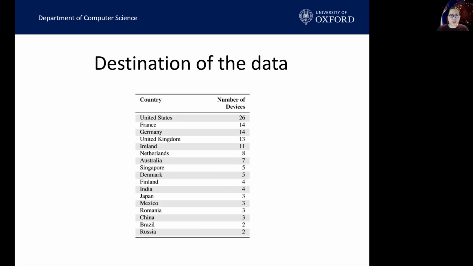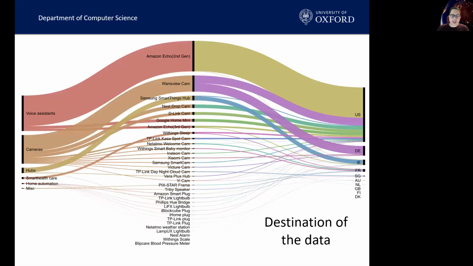Research question 4: to which countries do the IoT devices and apps communicate established connections, which can then give an indication of where the data resides? This was to identify the destination that the data traverses. We found that overall, 26 of the 32 devices terminated in the US, as shown in this table. This is unexpected, as the closest Amazon data center to our testbed in the UK is actually in Ireland. So this shows the flow of the traffic to the top 10 countries.